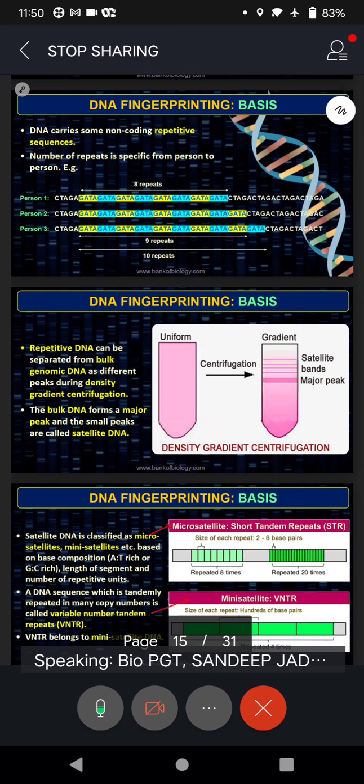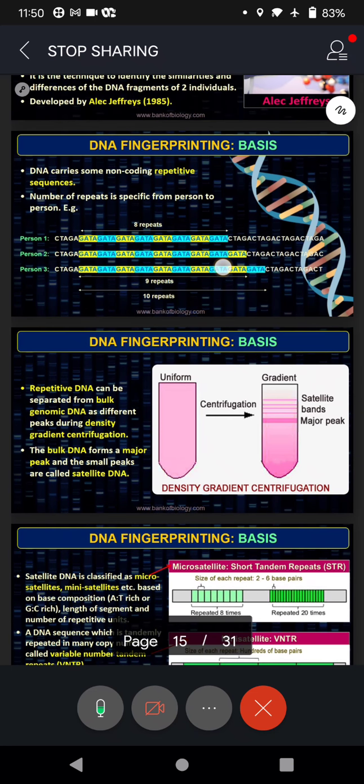Okay, they search for a nail, a blood drop, a sweat drop, even the dresses they are wearing. From all this, we can have just one cell. That's enough to catch the culprit. So what we do in this DNA fingerprinting is we try to match the sequence of nucleotides of the DNA that is available at the crime scene with the suspected fellows.